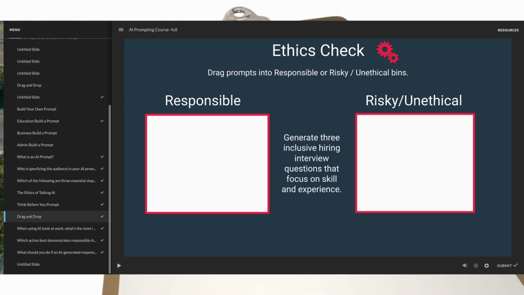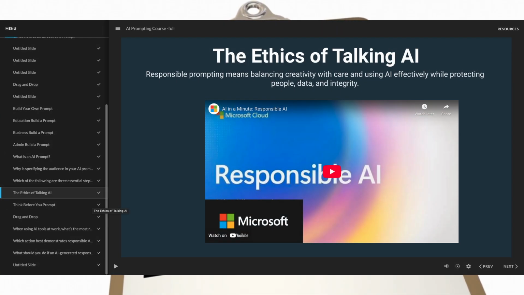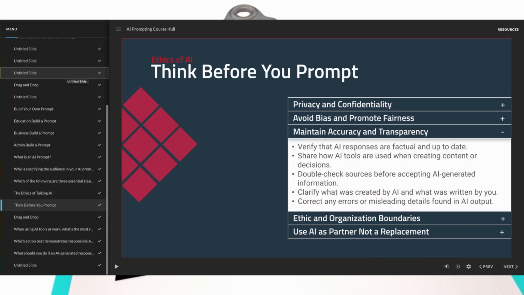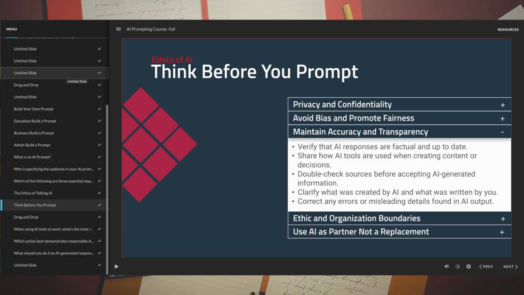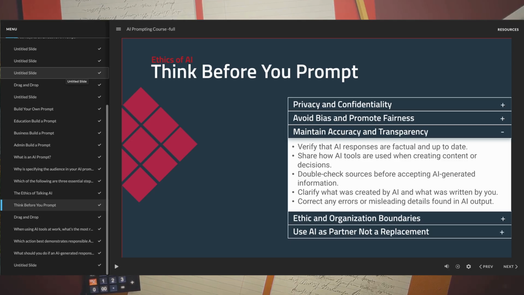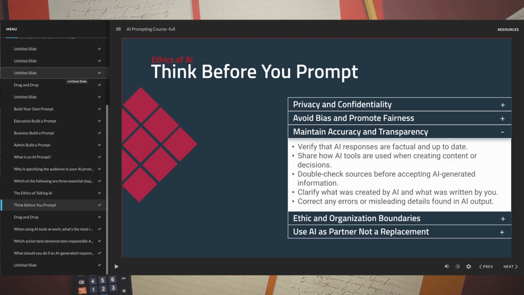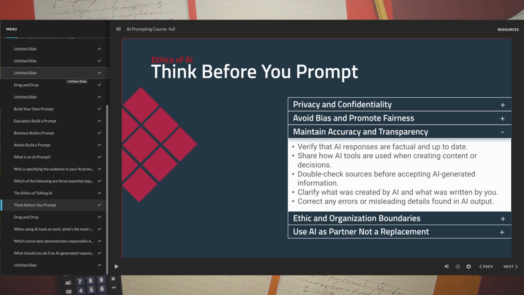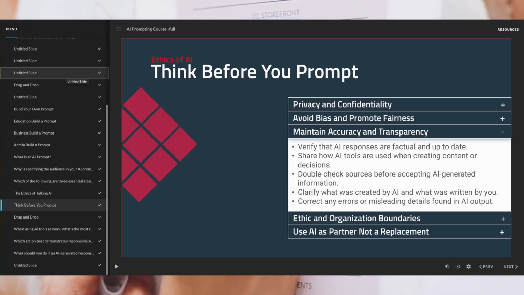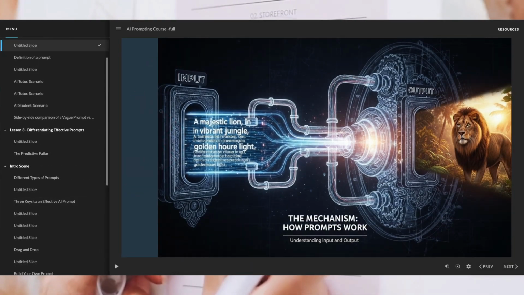The ethical component of this project is vital for fulfilling S5.4, Ethics, and Standard 4, Professional Knowledge and Skills. The course dedicates an entire section to the ethics of using AI, focusing on responsible prompt usage. Key tenets include privacy and confidentiality, teaching users to never include names, personal data, or proprietary information in prompts, and to treat AI tools as public spaces; maintaining accuracy and transparency, instructing users to clearly disclose when AI has been